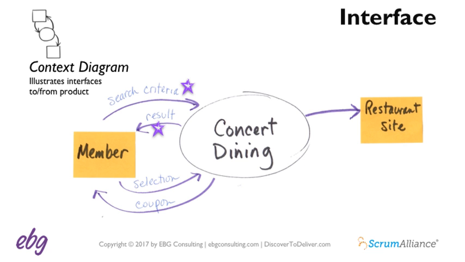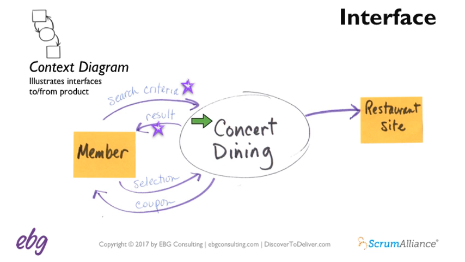So where you see the line, the purple line, let me grab my marker here, this purple line with the arrowhead, each of these is an interface, and this is an interface on our context diagram. So the team is going to need to explore interface options for, say, this search result right here.